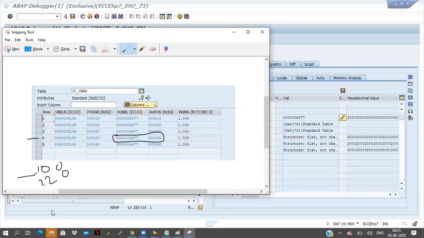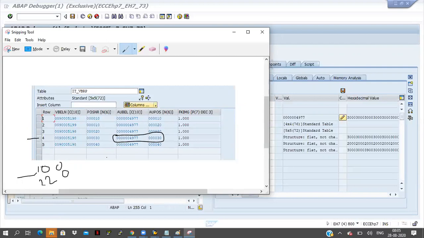Now it will come to the 101st line, but the condition is not satisfying. 102 not satisfying, 103, 104, like that. It will check each and every row. It will come to the 220th line, the condition is satisfying, and it will take that one. How much time is wasted here? Each and every row it is checking, based on whether the condition is satisfying or not.